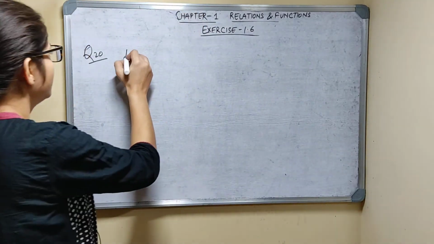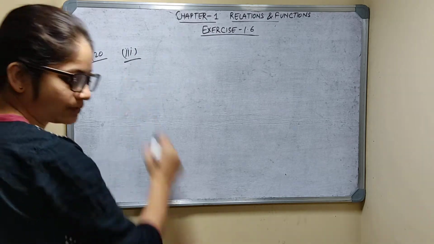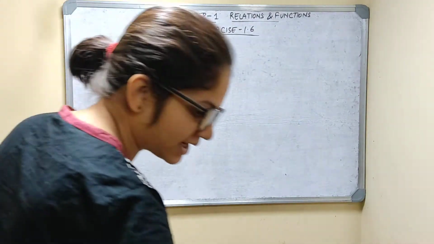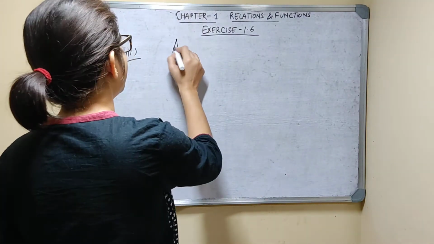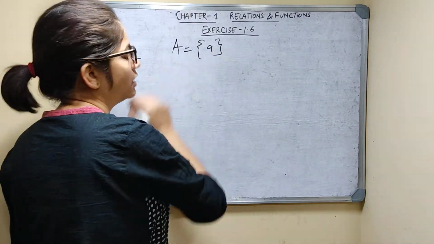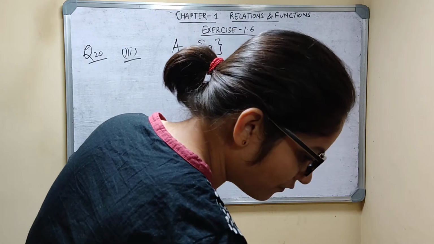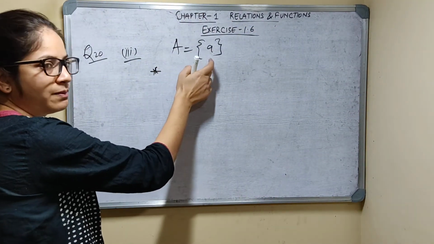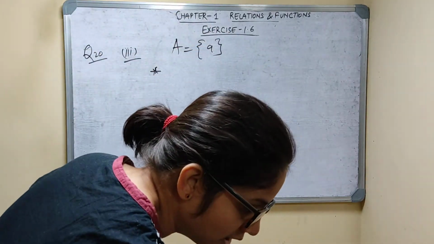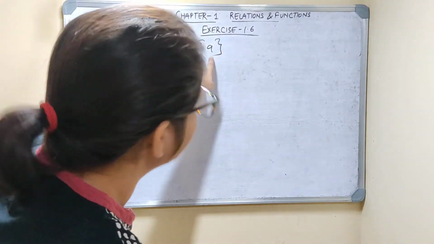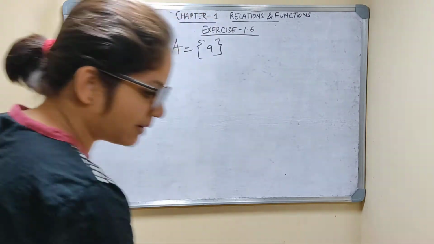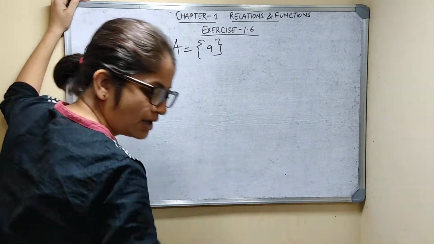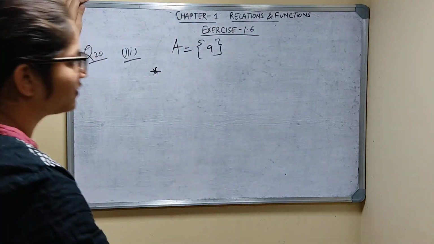Third part you can see. Every binary operation defined on a set having exactly one element. Let's say one set is given, A is equal to {A}. Any binary operation you perform on this set which has exactly one element A is necessarily commutative and associative, with A as identity element, and A being the inverse of A.